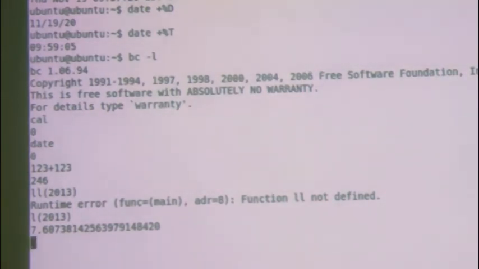The binary number system. The binary number system consists of only 2 digits, 0 and 1, right? So if you want to convert a binary number into decimal, or a decimal number into binary, then you can use some of the functions which I am going to teach you here, that is obase and ibase.